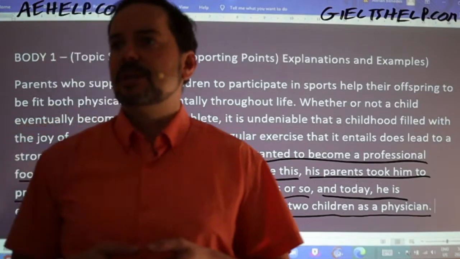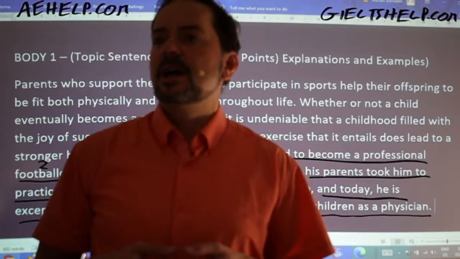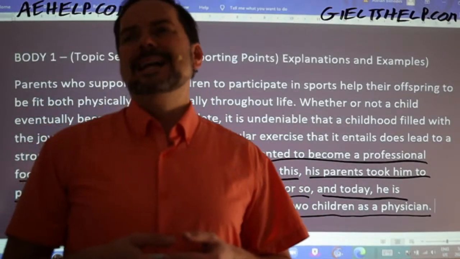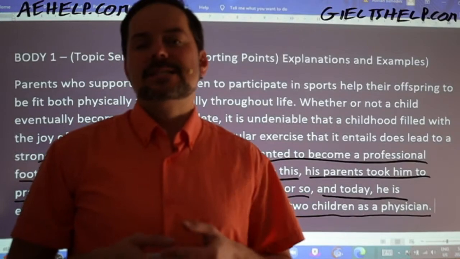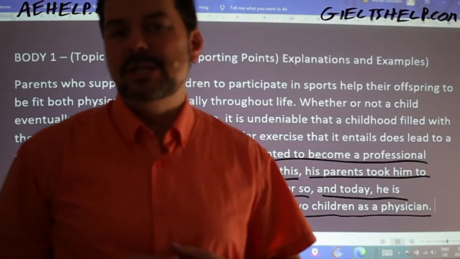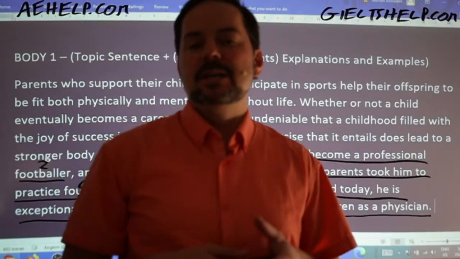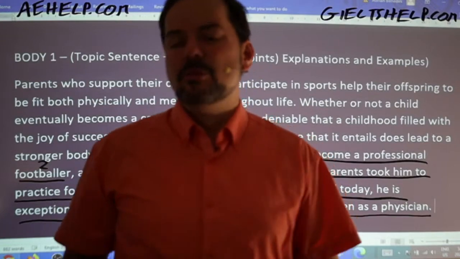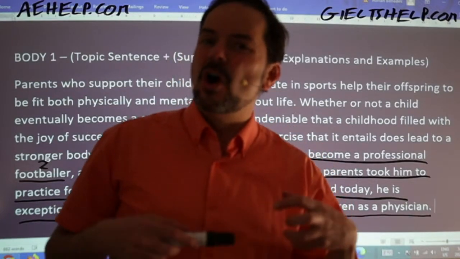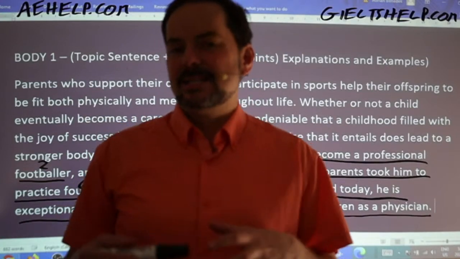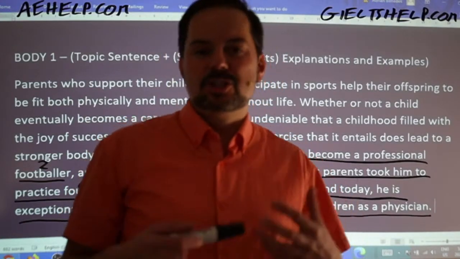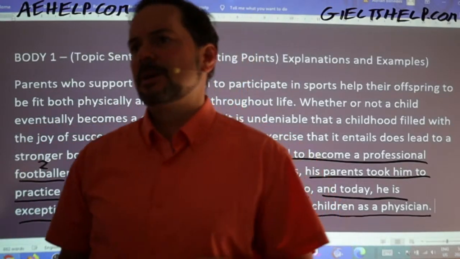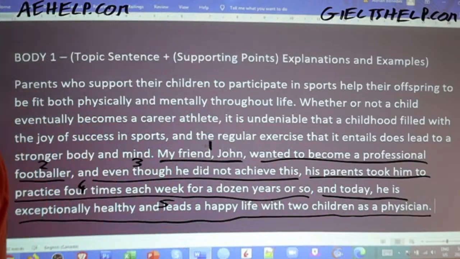The results have revealed that the first group of people are still fit and healthy, whereas others are suffering from various illnesses. Amu, I kind of find that example a little bit off topic. It reads to me, Amu, like you studied a template from a class or an IELTS book. It's not really your own thinking, and it fits awkwardly into this essay where it's asking if parents should support their children to become career athletes. So, Amu, try to be more original, okay? That's my feedback there for you, all right?